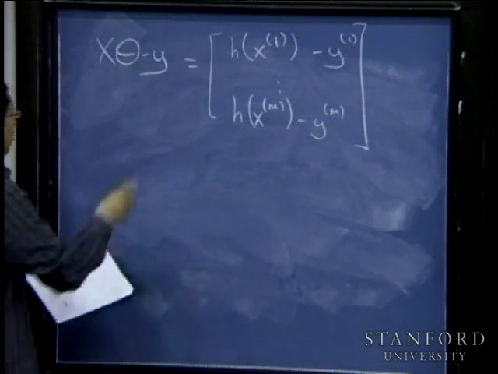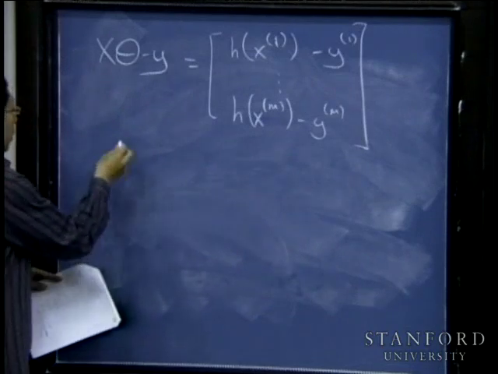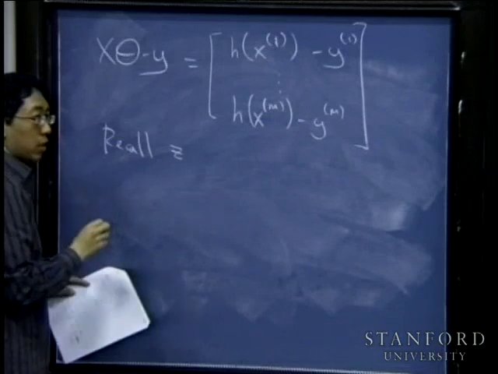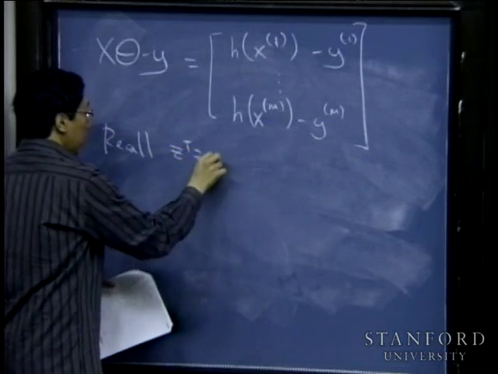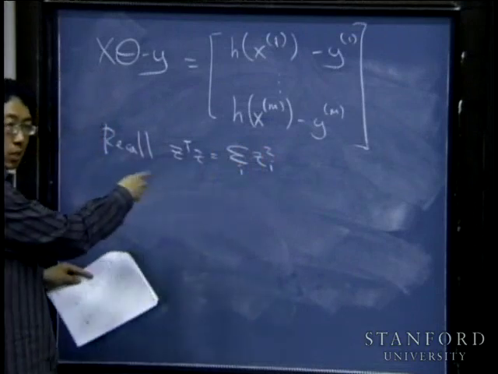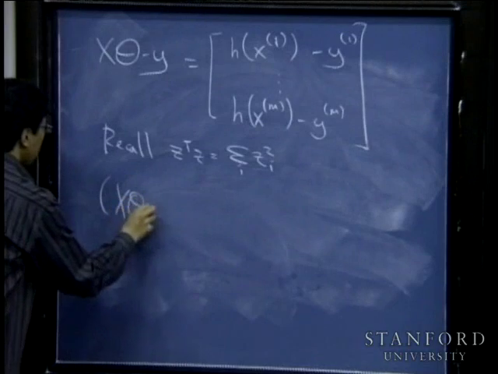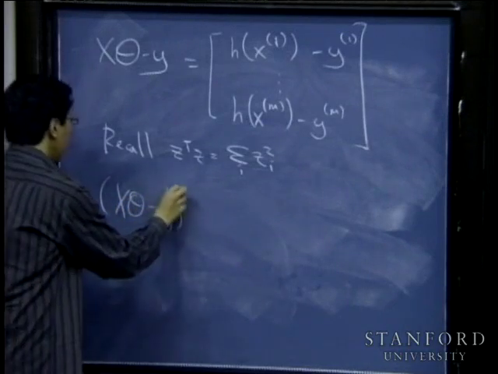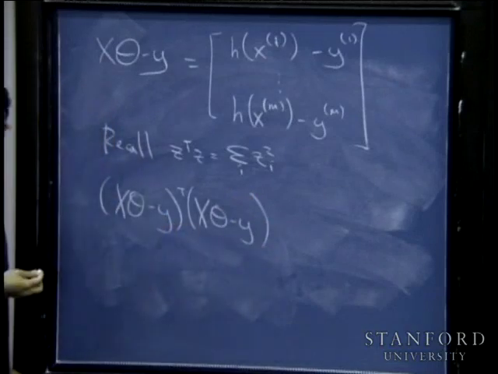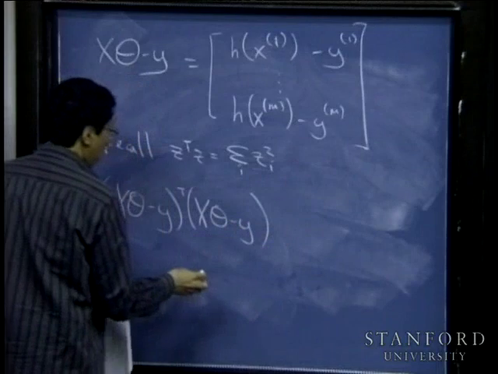And so I'm actually going to take this vector and take its inner product with itself. So recall that if Z is a vector, then Z transpose Z is just the sum over i of Zi squared, right? That's how you take the inner product of a vector with itself. So I'm going to take this vector X theta minus Y and take the inner product of this vector with itself. And so that gives me